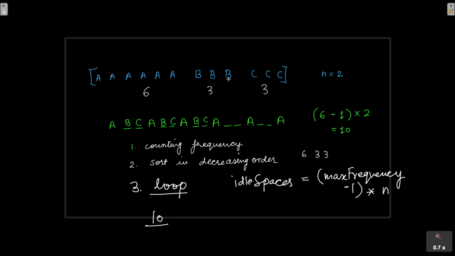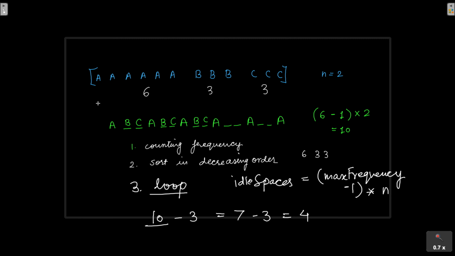So what we can fill in there, we can fill in either B or C. So first we consider the bigger number. In this case, it so happens that the frequency count of both B and C is the same, so we could consider any one of them. From 10, first of all, we decrease the frequency count of B, which is 3, so that the figure comes as 7. And then in the next iteration of the loop, we decrease the frequency count of C, and that will come as 7 minus 3, that will be 4.